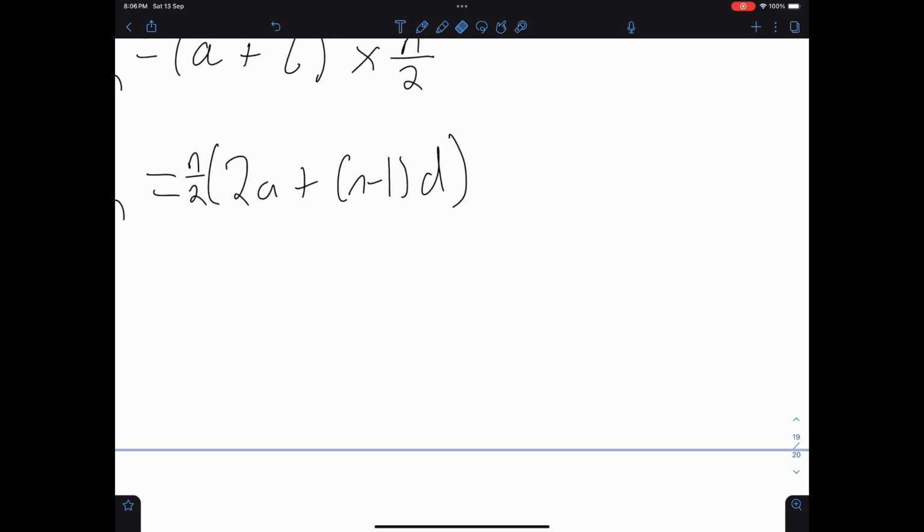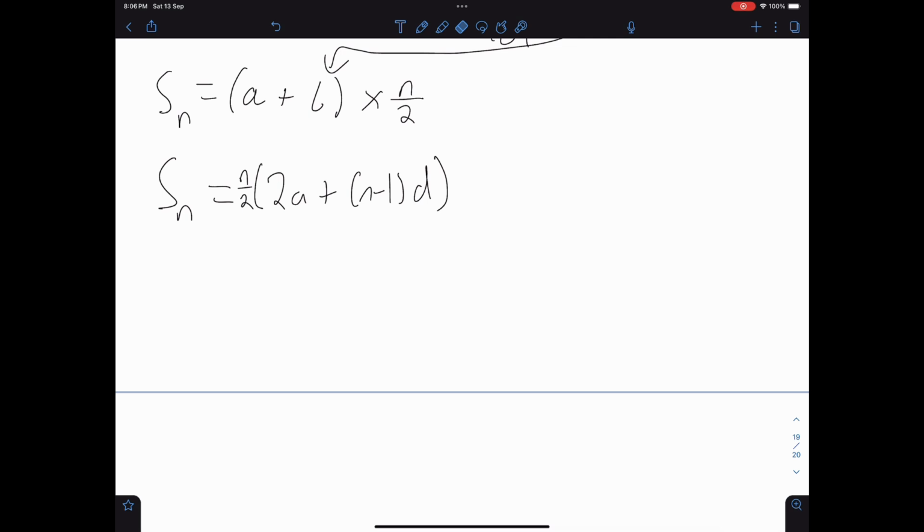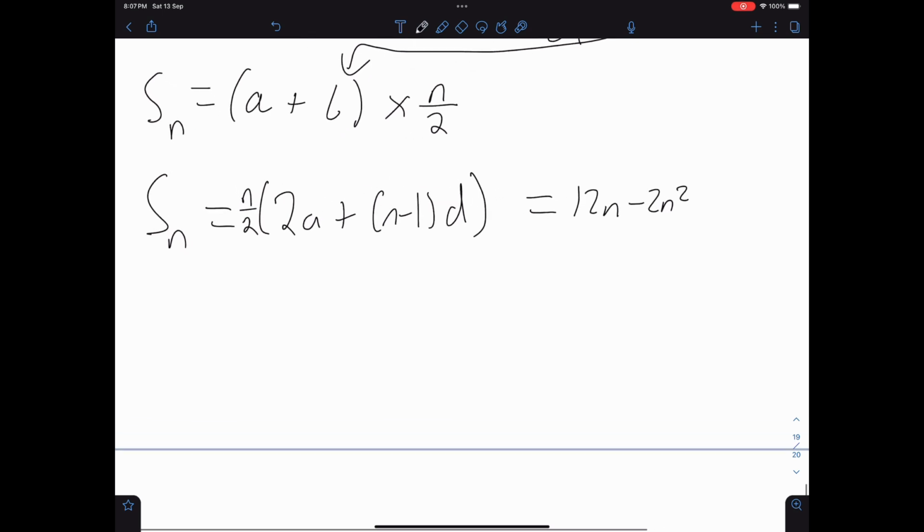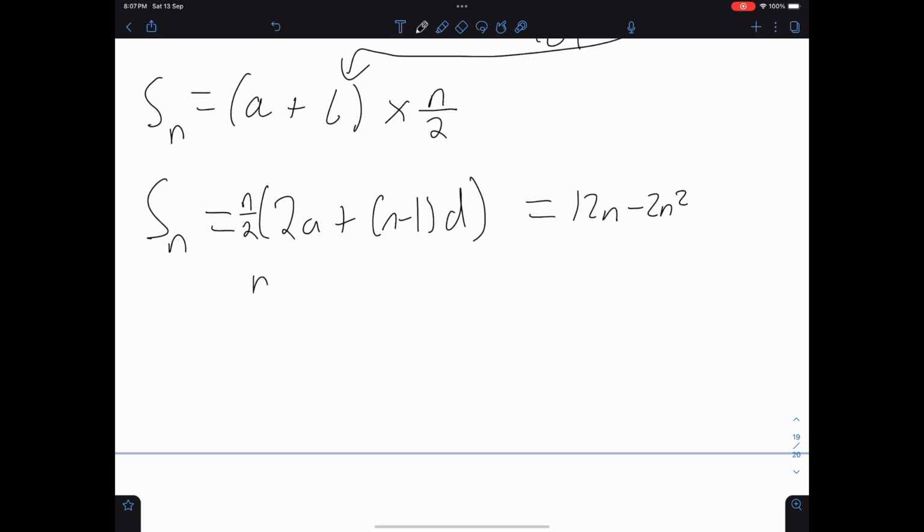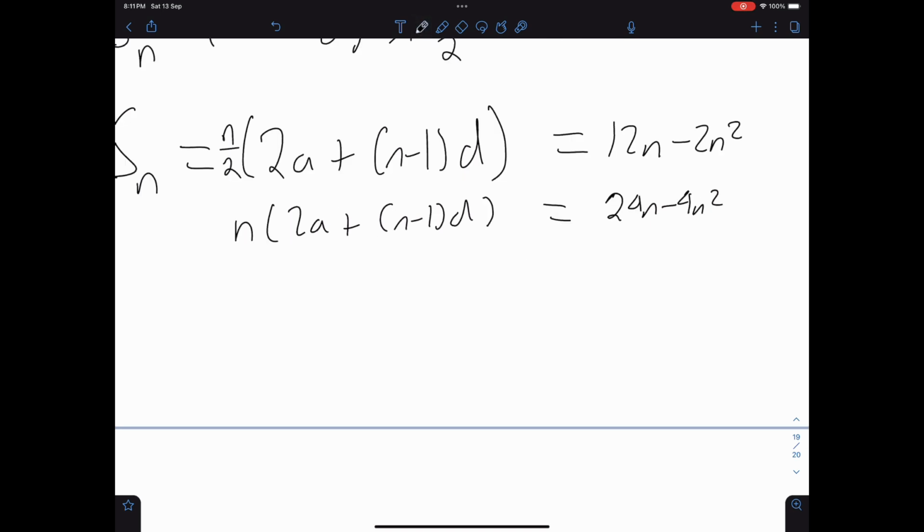But perhaps sometimes it tells you that the sum of n is something like 12n minus 2n squared, and you need to find the first term and the common difference. Well, say you double both sides: 24n minus 4n squared. Then if we were to